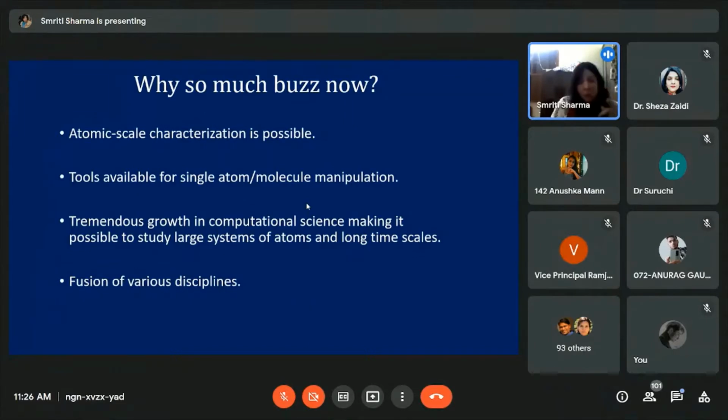Then, a very important point. I am a computational chemist, and I can tell you with 100% certainty that the simultaneous growth in computational science has also led to growth in nanoscience. Why? For example, my PhD was on nanostructures, nanotubes. I manipulated carbon nanotubes in a software, and I compared its reactions with the experimental values. So there has been tremendous